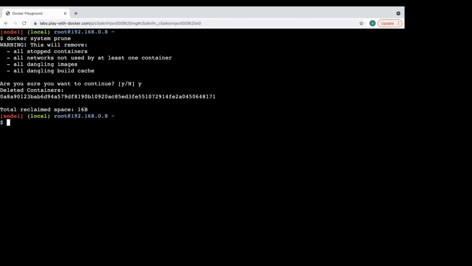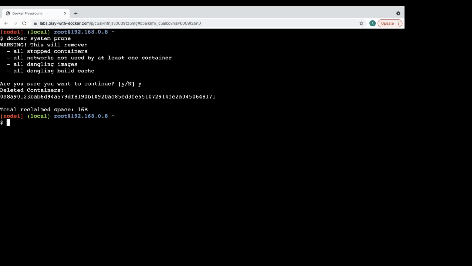Just go and check with docker ps and ps -a. But it says all stopped containers, right? Yeah, all stopped containers. But how come it removed only one? You have just killed one container, no? So it is in a stopped state. Which one? Pizza. But we haven't given any name, right? How does it know that it should remove it? No, any container which is in a stopped state. Oh, okay. Got it.